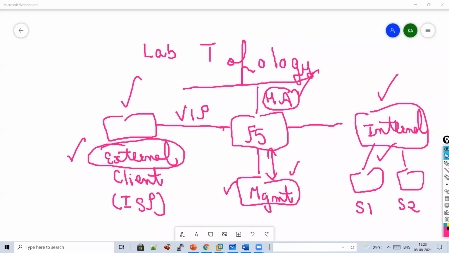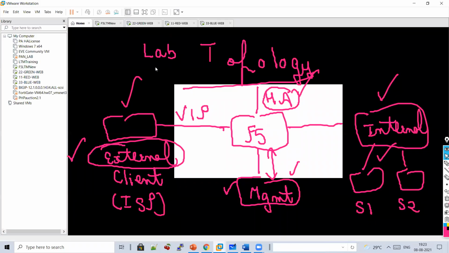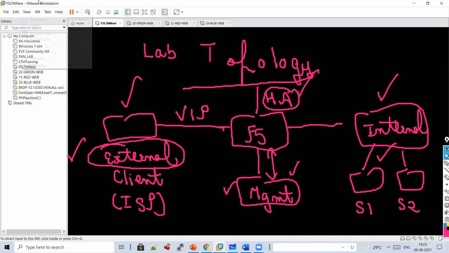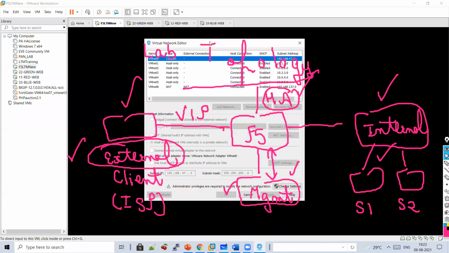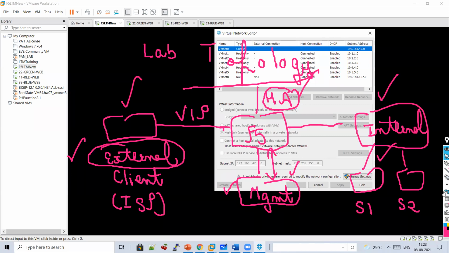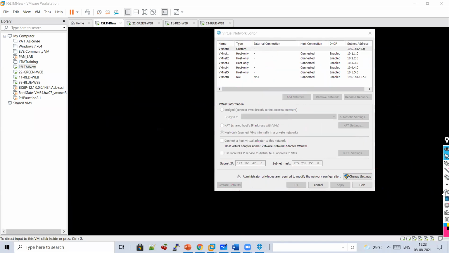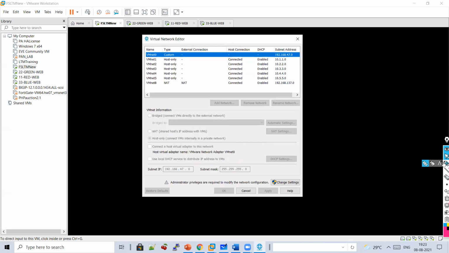And I will now tell you how you will be using it on VMware. So let's say you have VMware Workstation. What you will do here is, first you will go to Edit, Virtual Network Editor. It will initialize your VMware network. In this case, guys, I will just delete these. Can you see this? There are VMnet 1, VMnet 2, VMnet 3. So we will be using the 4 interfaces which I told you.